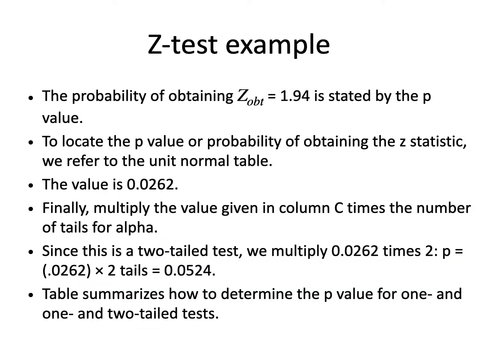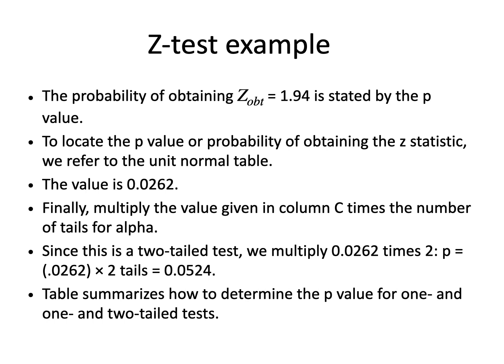When we refer to this table, we get the value 0.0262, and as we are using the two-tailed test, we multiply the value